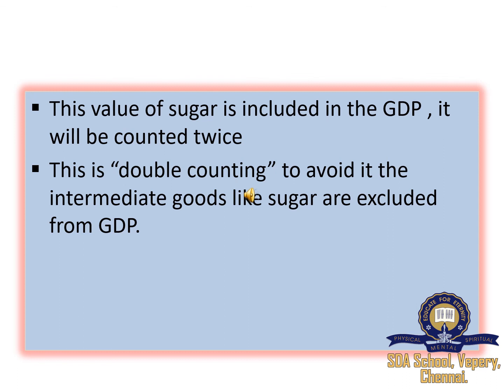Should the market value of utensils used to brew the tea be included in the GDP? You may argue that since the utensils are not a final good but are used to produce tea, they are intermediate goods and so should not be included in the GDP. However, the utensils, unlike sugar, do not form a part of the final good, the cup of tea. For this reason, they should be included in the GDP.